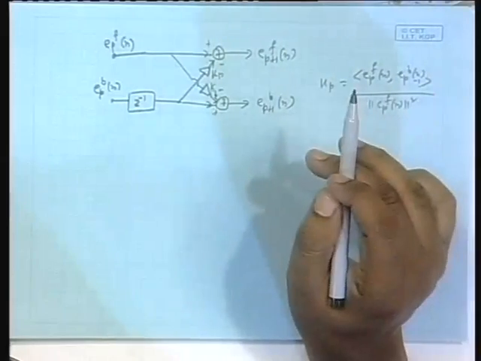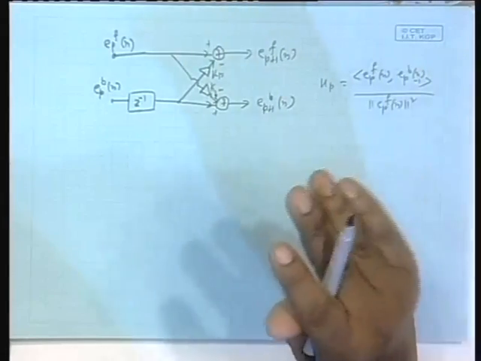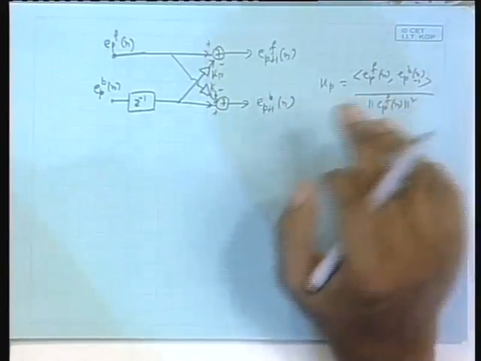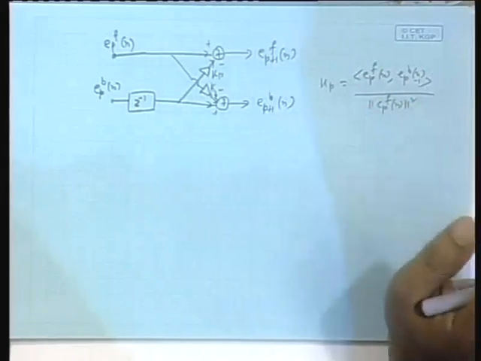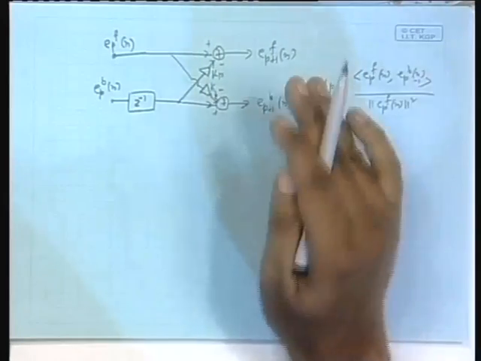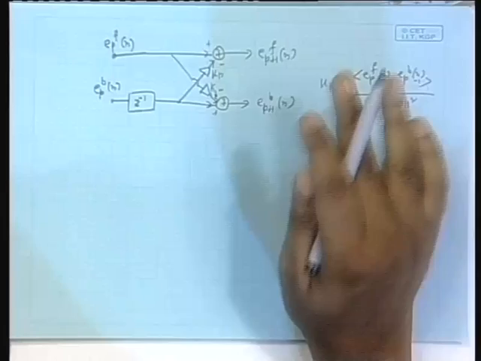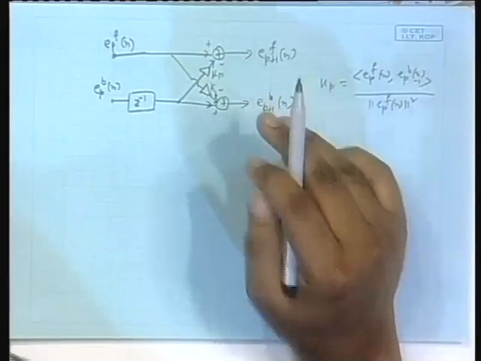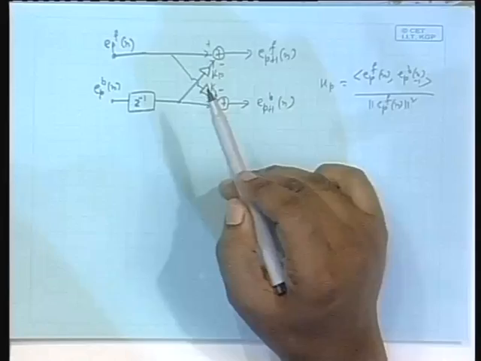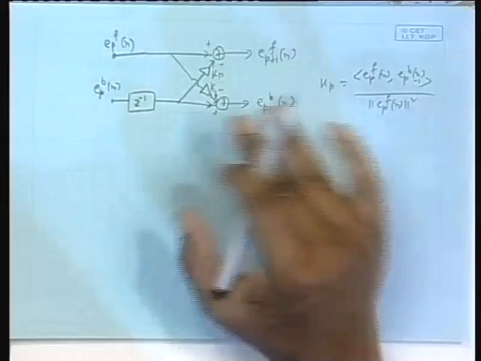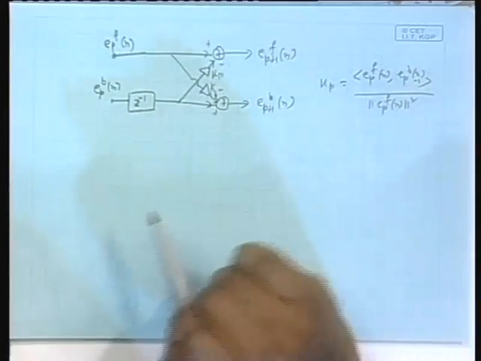So, I want to make it now adaptive. When the input is stationary, the statistics is not changing, and the correlation is known, you can calculate this. But when the correlation is not known or it is changing with time, then you have to have an adaptive mechanism by which the multipliers learn and adjust their values in an iterative manner, iterative in time, so that they finally converge on their optimal values, at least in mean, as we did in the LMS case. And if there is a subsequent change in the input statistics, the autocorrelation values change, it will again track because it is adaptive. Okay. So, we want to march towards that adaptive version of this lattice now. We know their original values.